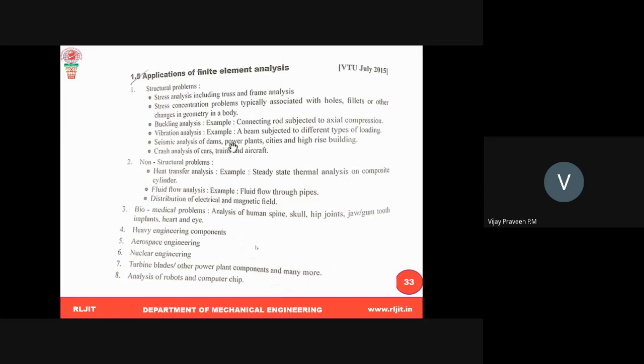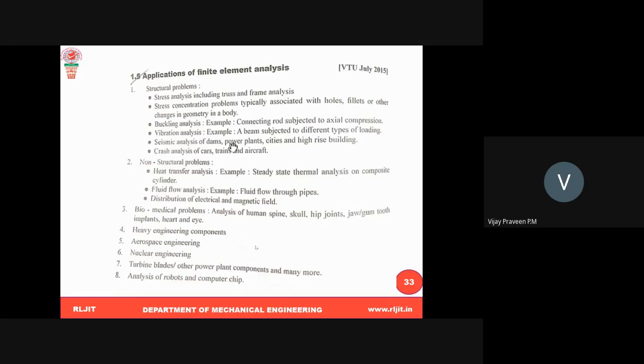So structural problems are all types of problems like bar, beam, shaft, cylinders. In these, you can calculate what stress is developed and what strain. Again, you can do buckling analysis and vibration analysis. If you apply a load, columns will bend, and how much it will buckle you can easily calculate. How much frequency it can vibrate, that you can calculate.